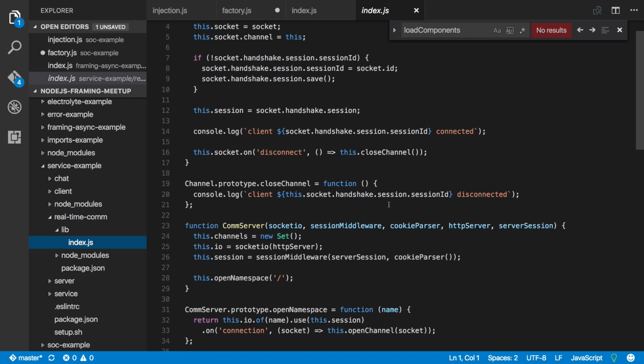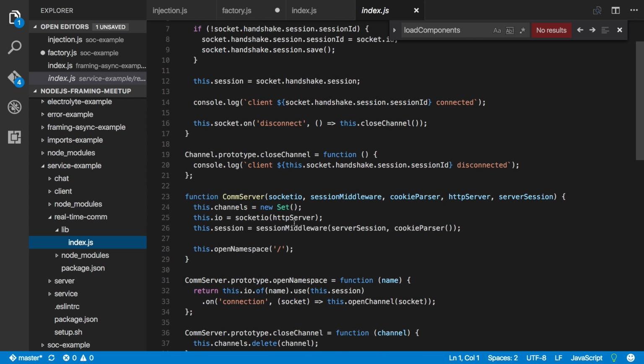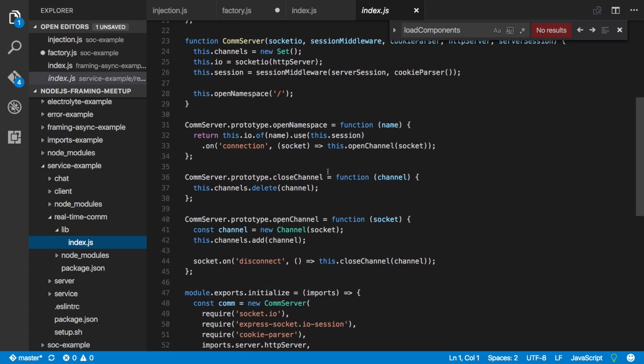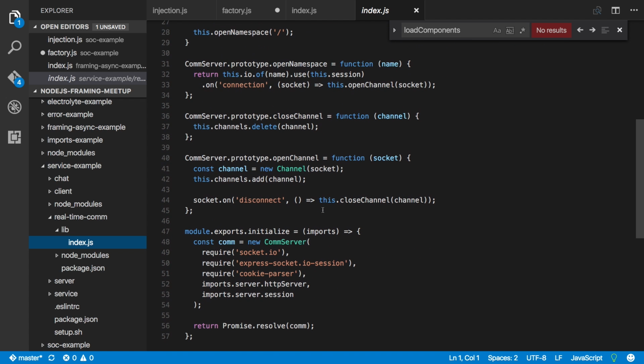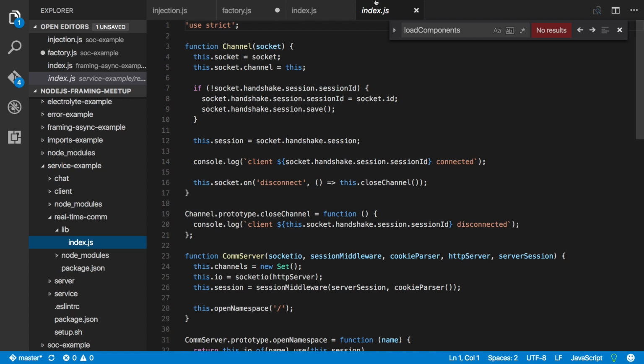And it's going to allow for opening and closing sockets for socket.io, and it's going to handle the connection events, and it's going to handle the session for me. But that's all it's going to do. It's not actually going to do anything with it. It's just going to give me enough